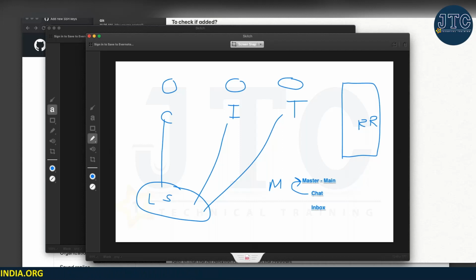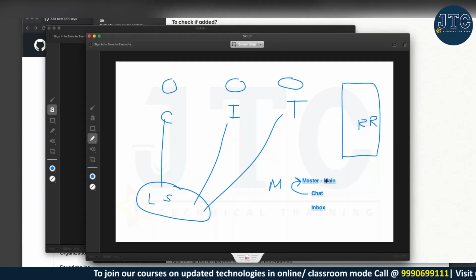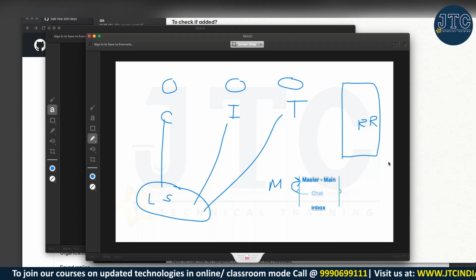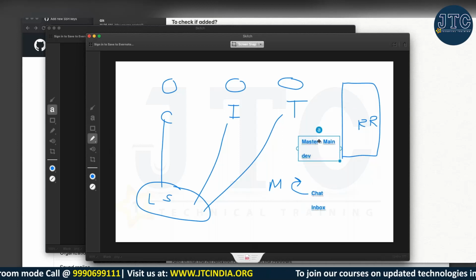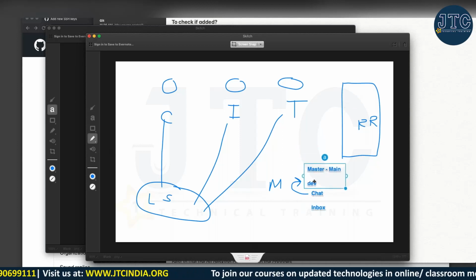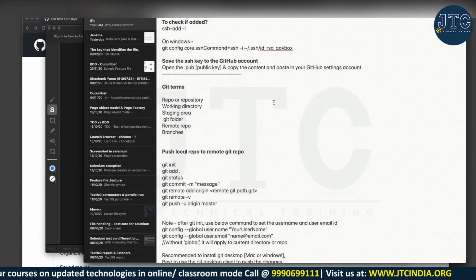Just understand, when different people are writing their own code, they will branch themselves, and then at the end they will put it into the main branch or master branch. Some people normally make it a development branch also, a dev branch they make. So depending on whatever is there, you can just use master or dev. Fine. Okay, so any questions on this branching?